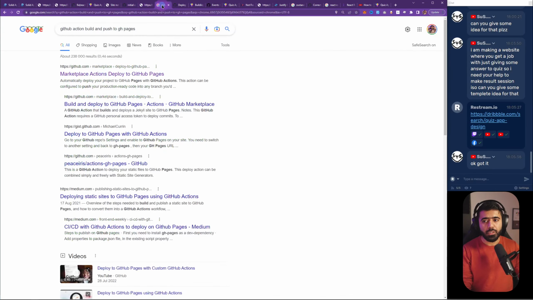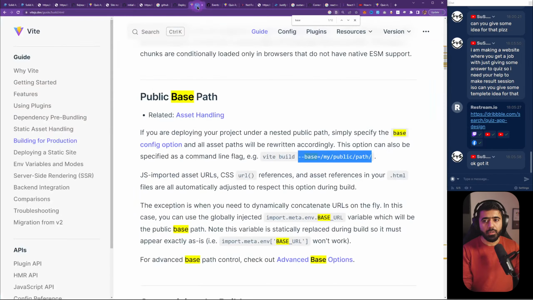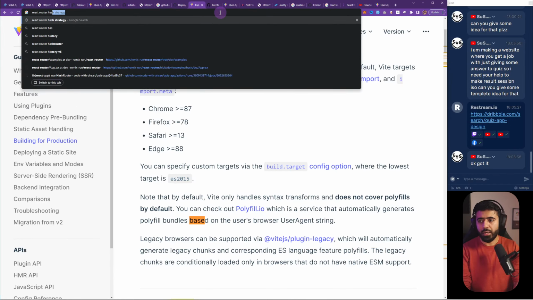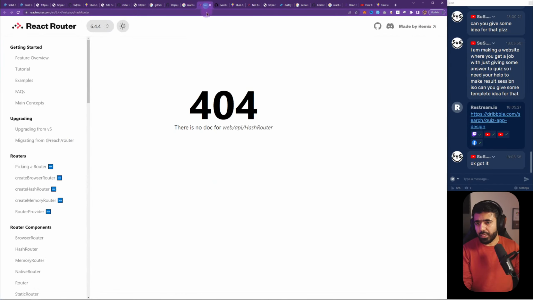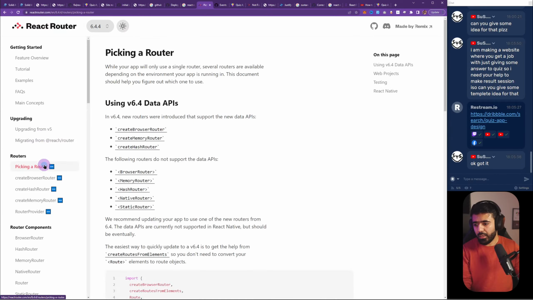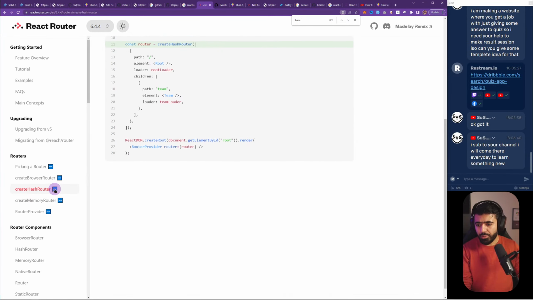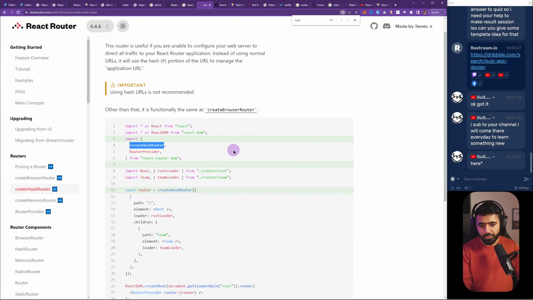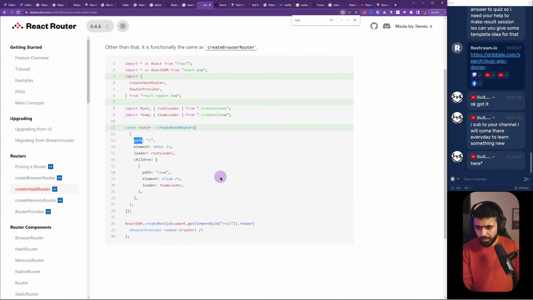The hash router should know about the base URL, or we should be able to provide it, right? So then Vite, or actually React router hash strategy base URL. Let's see if we have something like that. Picking a router, hash router. Hash router should have a base. Do you have a base? No. Create browser router, create hash router. Wait a second if I can find it. So if we do a create hash router, we're going to find the path. We're also going to have a look at if we can say